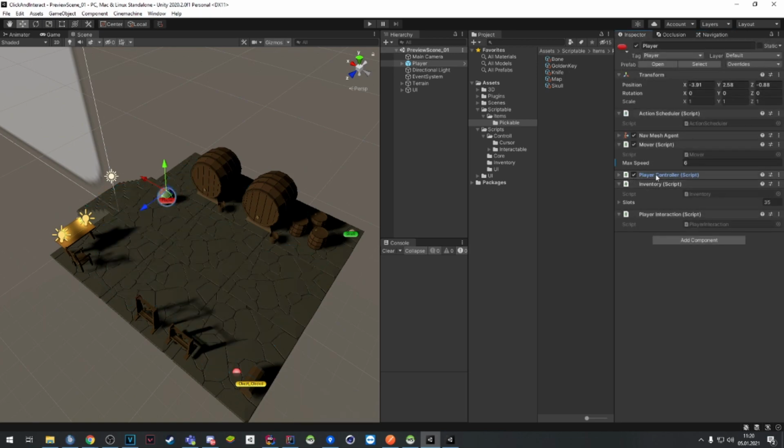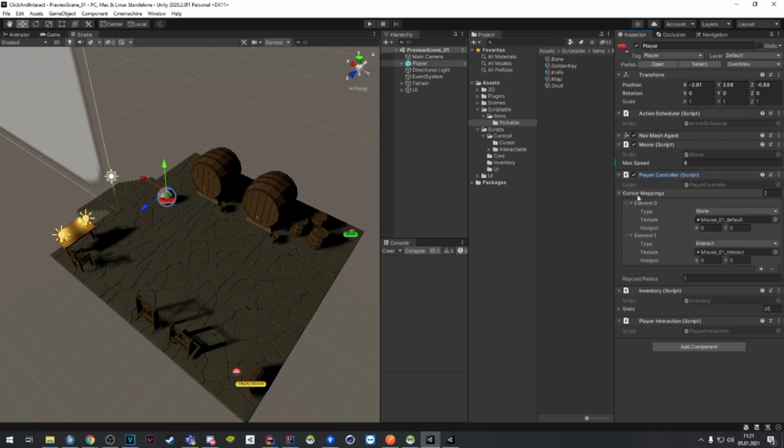Then we have the play controller. We will go to it in a few seconds. We have the inventory with 35 initial slots. You will see it in a second as well when I click on play. Then we have the play interaction, which actually allows us to interact with those interactable objects. Yeah, the play controller basically also